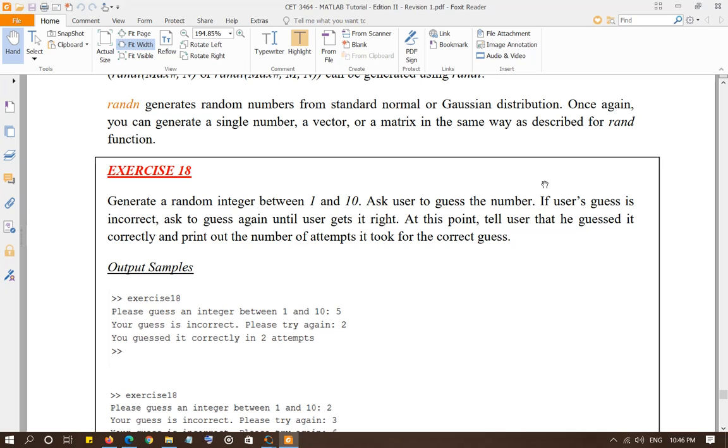If the user does not guess properly in the first attempt, the while loop will start running. Inside the while loop, you increase this number of iterations by 1 because now the user is going to guess a second time. Then you ask the question again: your guess was incorrect, please guess again.